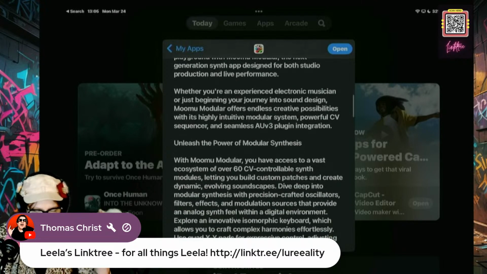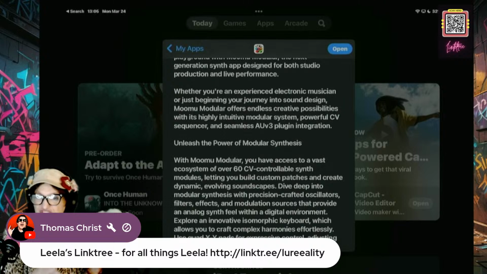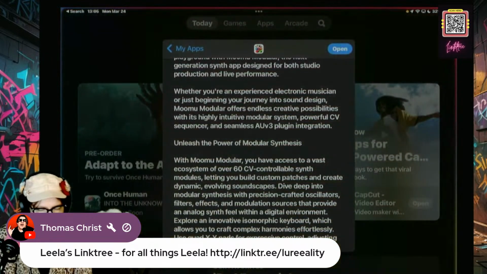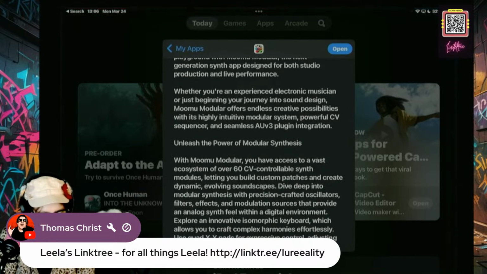You have access to a vast ecosystem of over 60 CV controllable synth modules, letting you build custom patches and create dynamic, evolving soundscapes.